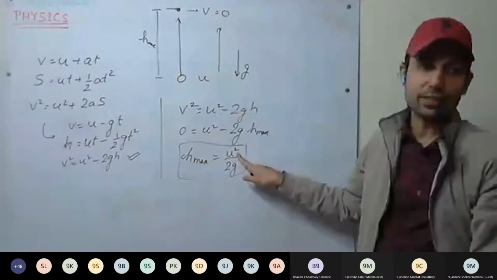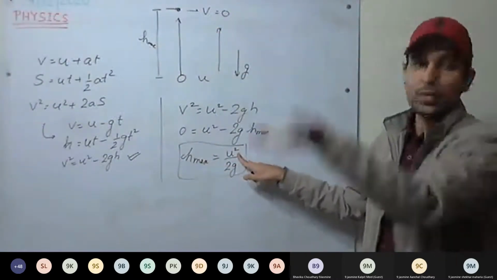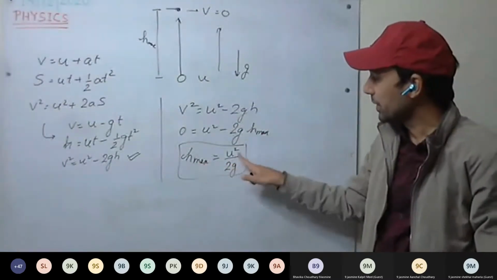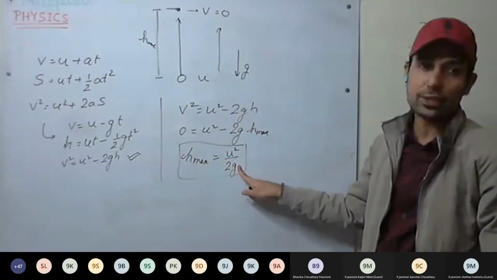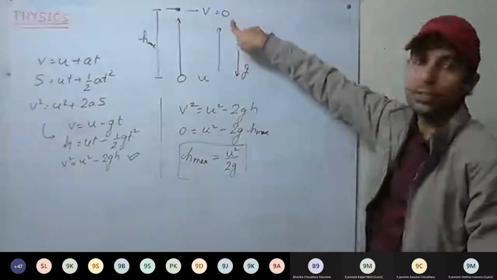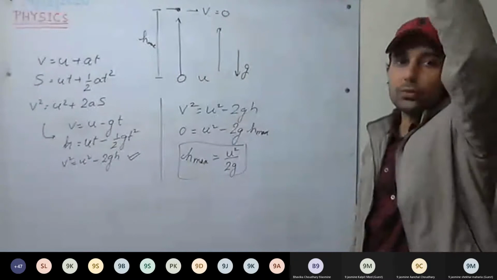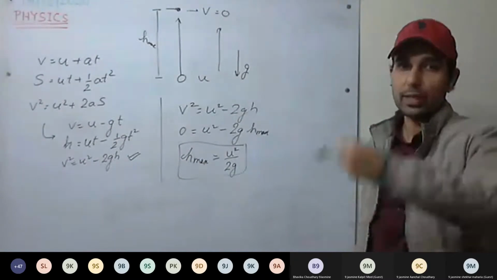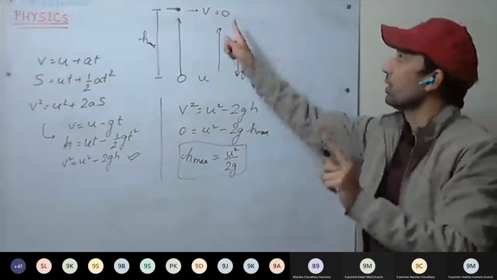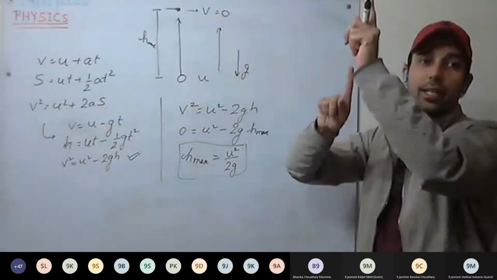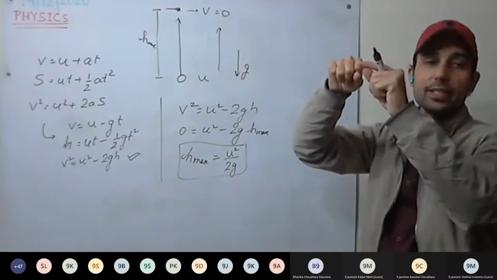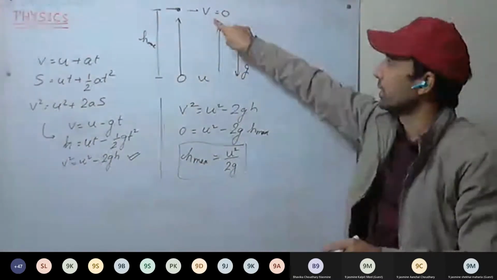It depends on the initial velocity we provide to the body. The more the initial velocity, the more height it will reach. So height max depends on the initial velocity and the acceleration due to gravity. At the top point, V is 0, final velocity will be 0. The body moves, reaches there, then comes back. So there is a change in the direction of velocity. It was zero just for a moment. Now it turns back.